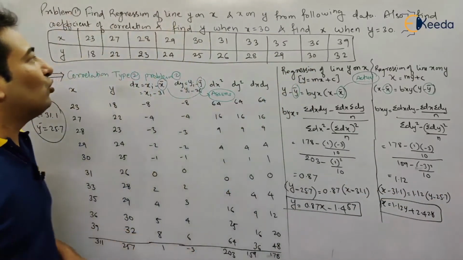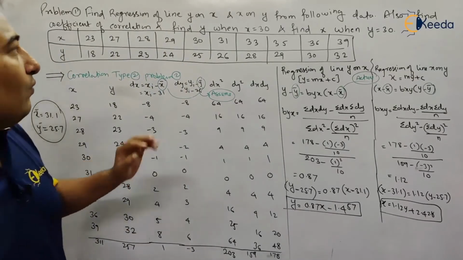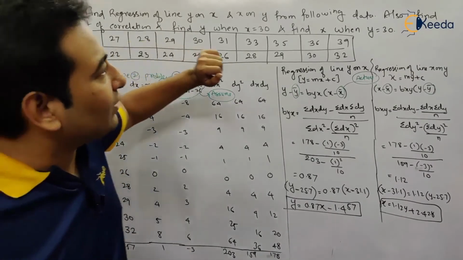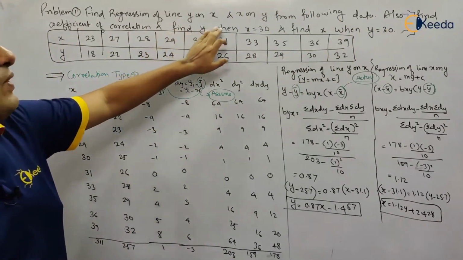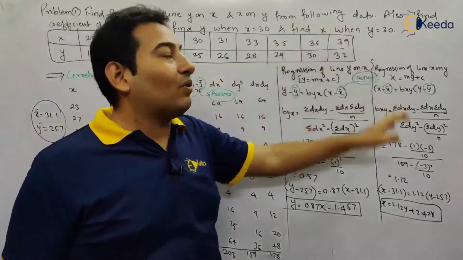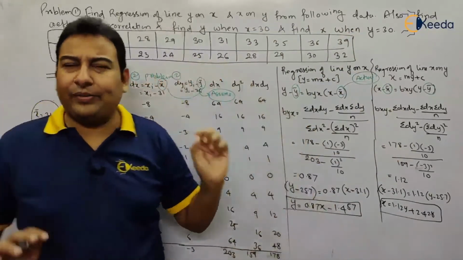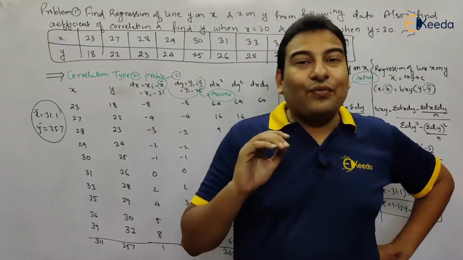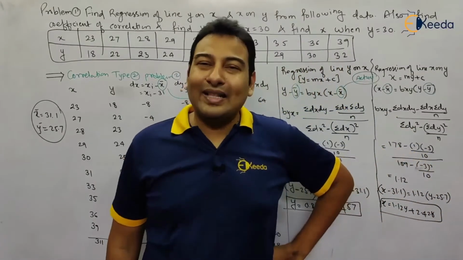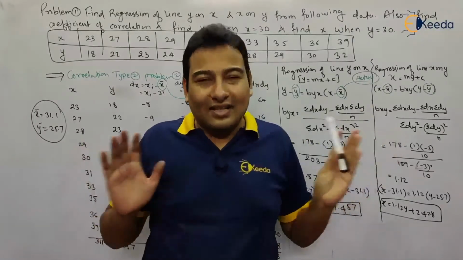Next, so two things we're done with it. What else needs to find out? Let us check. Also find y when x equal to 30 and find x when y equal to 30. Just wait. See, it's a master question and we are trying to cover a lot of things, but in the exam generally so many things don't come.